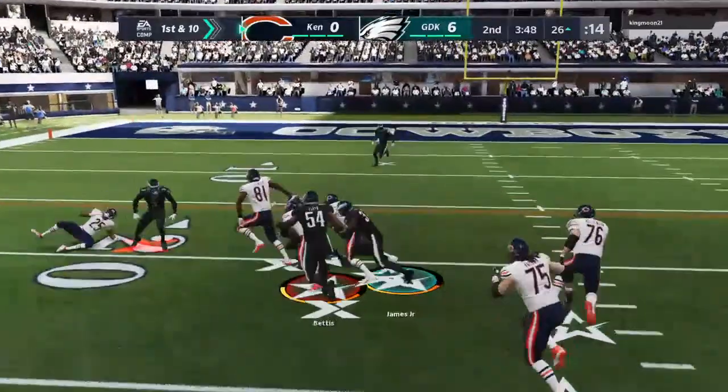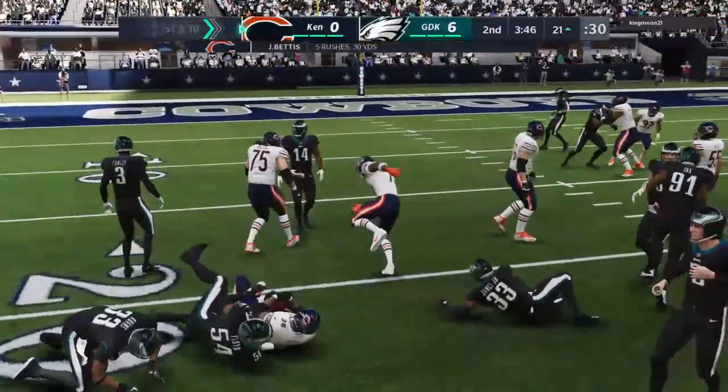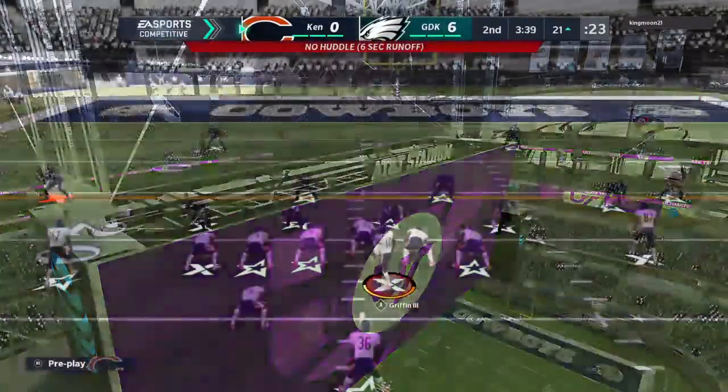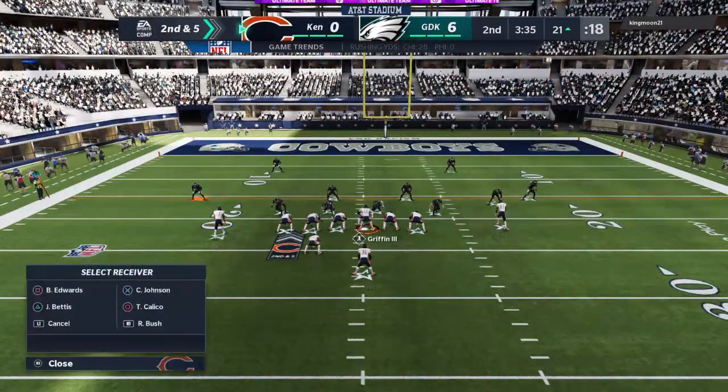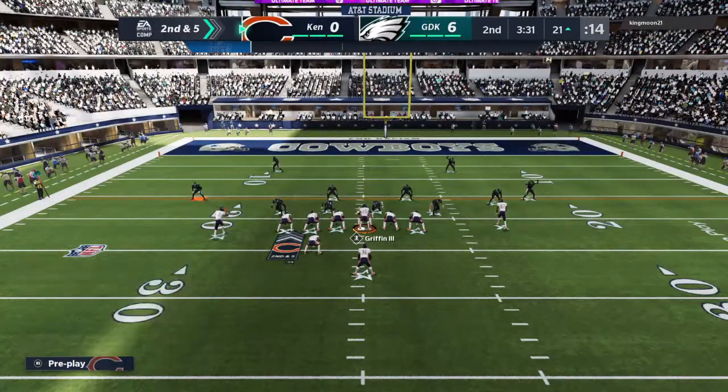A carry now for Bettis. 5 yards on the carry. Good pickup on 1st down. Tackle made at the 21-yard line. It's a gain of 5. Brings up 2nd and